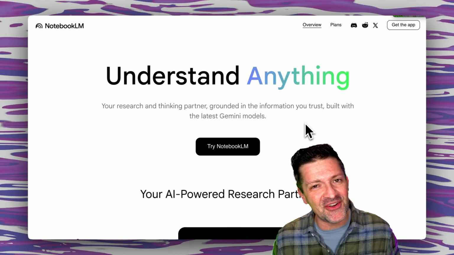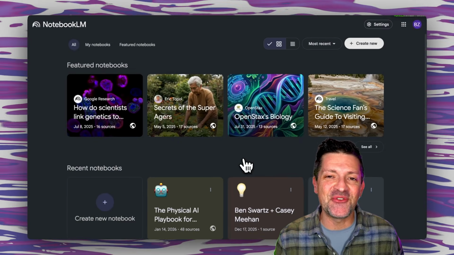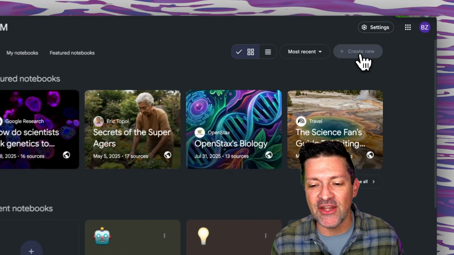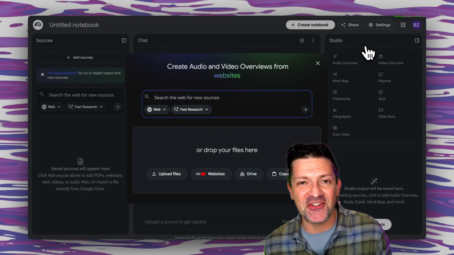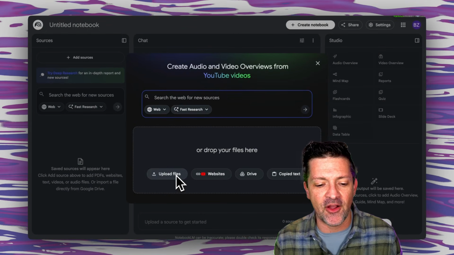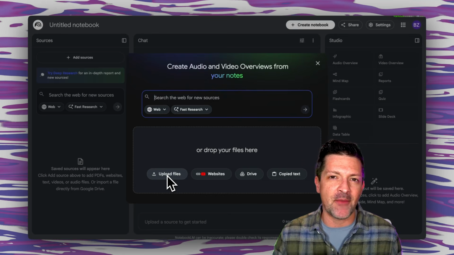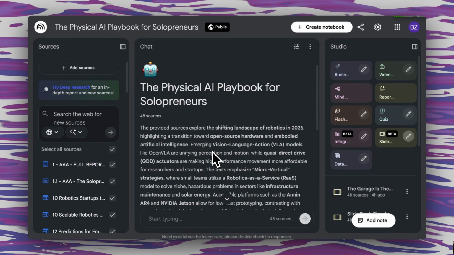So if you're really brand new to NotebookLM, you just go to notebooklm.google and log in. From there, you should see a screen just like this, and you can click this Create New button to open up a new notebook, which always gives me a special sense of delight. You can upload any kind of files in here, from files that you have on your desktop, PDFs, transcripts of calls. This is going to be the example notebook we're going to be working in today